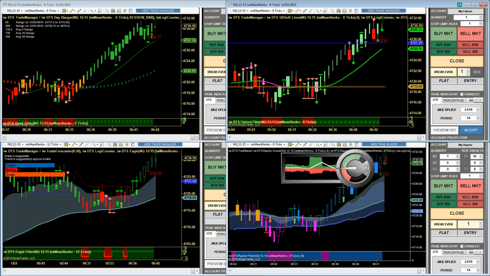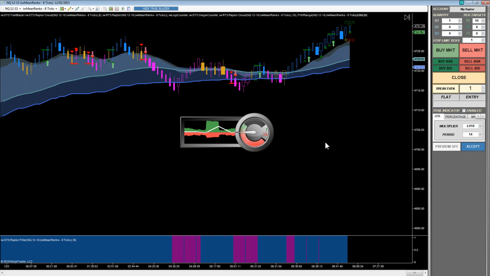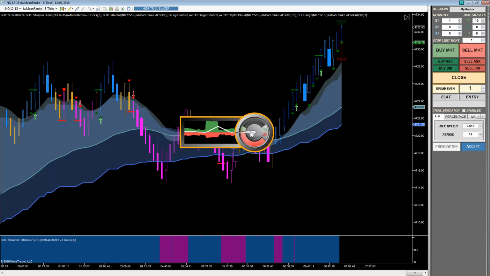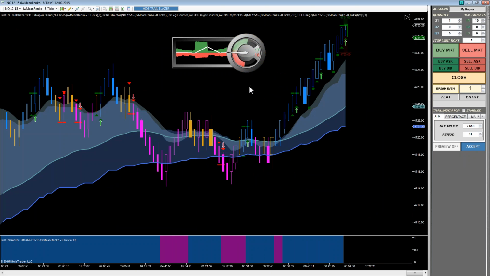While we were watching that, we also had a couple other signals print. Let's go here to the Raptor so I can show you this Geiger counter. The Geiger counter is one of these add-on tools. It will work on any chart, a time-based chart, or a Forex chart, a stock chart, whatever it is you're